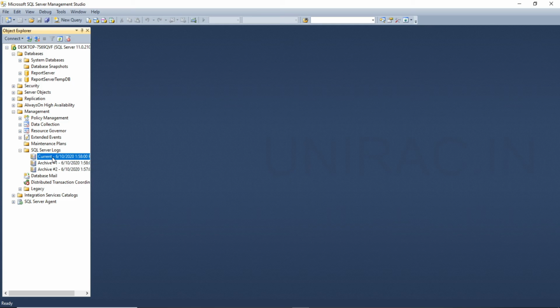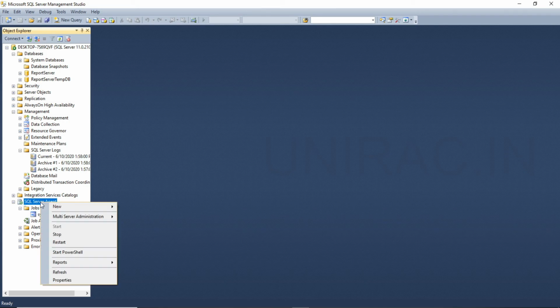Same like the alert log in your Oracle database. So same like the Oracle alert log, you can find your errors in your SQL Server. SQL Agent, the jobs, we can find the list of jobs if jobs are being added. You can stop the agent or start the agent from here itself, or from Windows services as well.